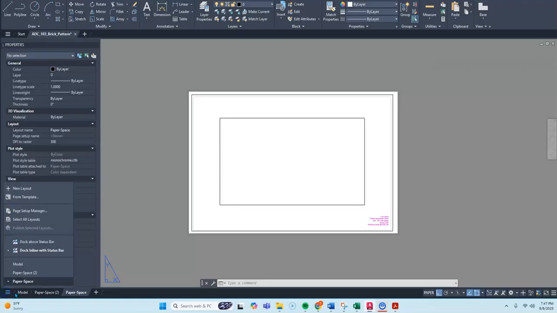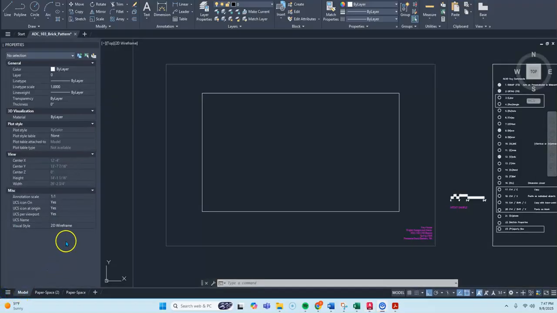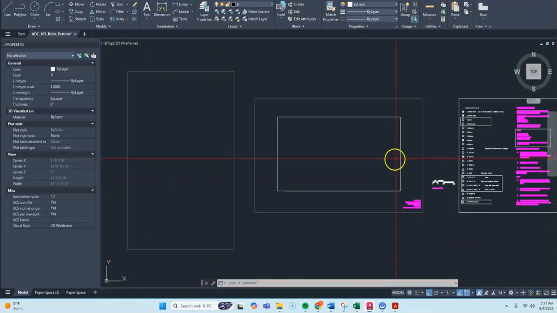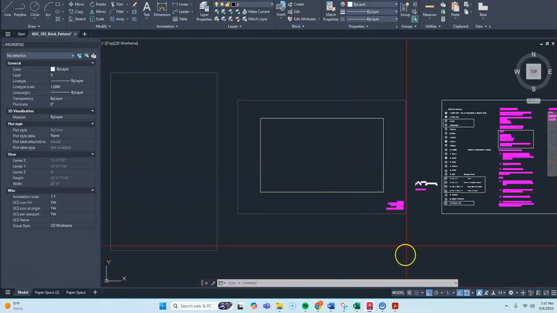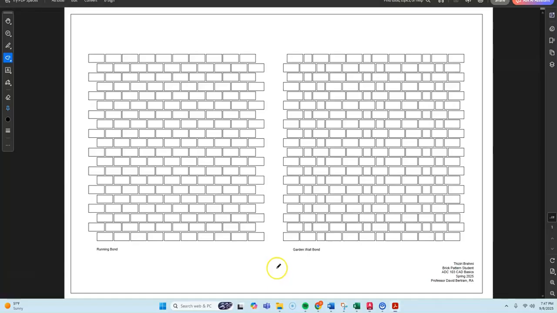Here we are back in model space. Okay, so we saw what that looked like in paper, and then here it is in model, nicely centered. Okay, so back to the student work. This is nicely centered. We see the borders, we see the name,